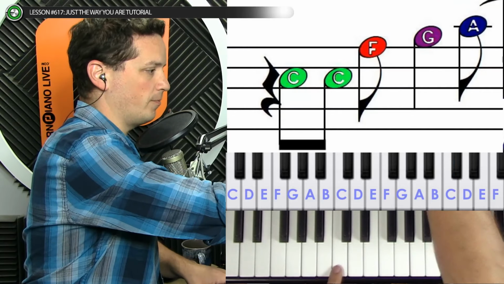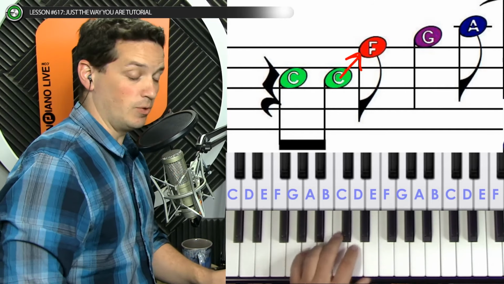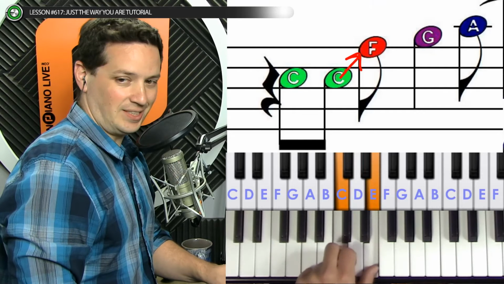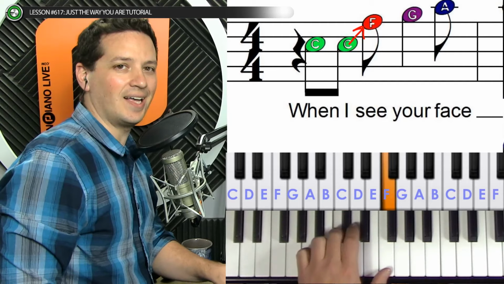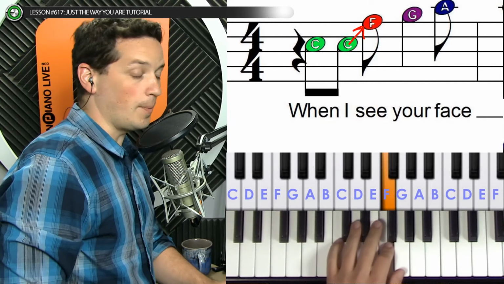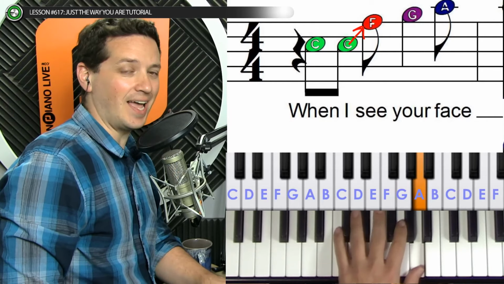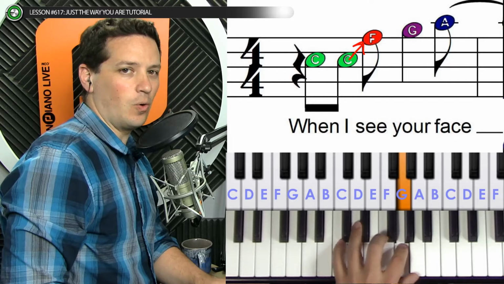Then we're going to move up from there, and we're going to go up because you can see here from that C to the F is actually moving up. So we're going to move to the right from C, past D, past E, up to F. And that is the word "see," when I see. Then we're going to go up 1 note to a G. Then we're going to go up 1 note past the G, which is not an H, it is an A. So we're going to say, when I see your